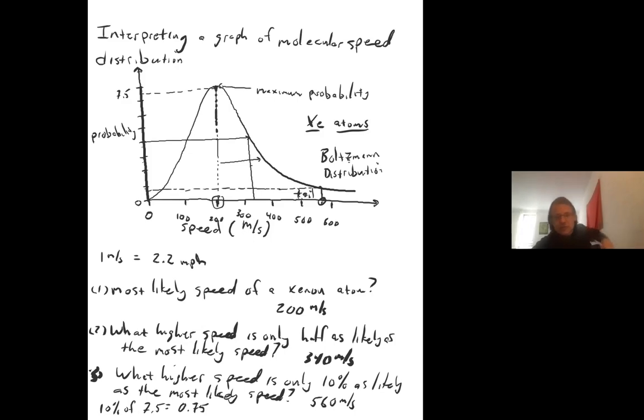And in a sense, it's really what it is: a skewed normal distribution, for those of you who have taken statistics. There's normal distributions and then there's skewed normal distributions, right? This is one that's skewed here. Okay. All right, let's see, what else do we have here for gases?